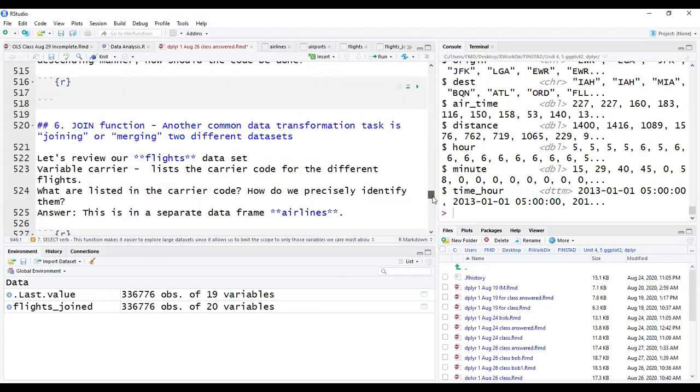another verb which is the join function. Importante yung join function, guys, kasi marami tayong pwedeng magawa using the join function. So, ang join function ginagamit, as the name suggests, pag meron tayong more than one data set na kailangan i-combine. Okay? So, joining or merging two different data sets. Okay. So, before we look at this, let me just show a diagram of,